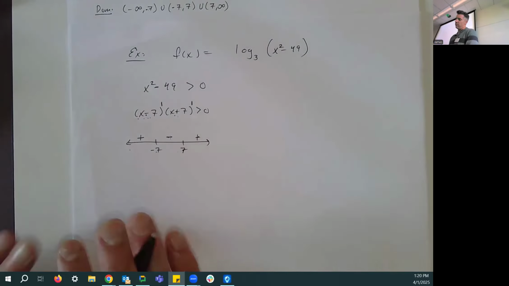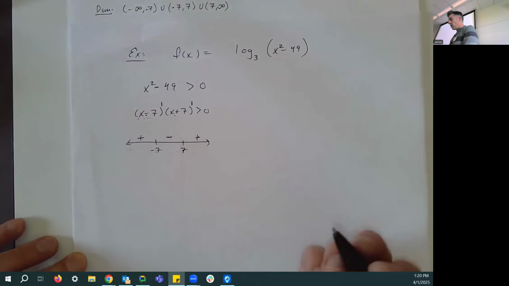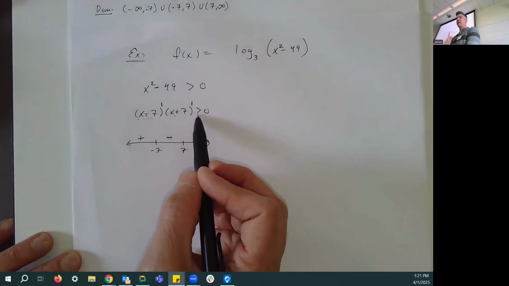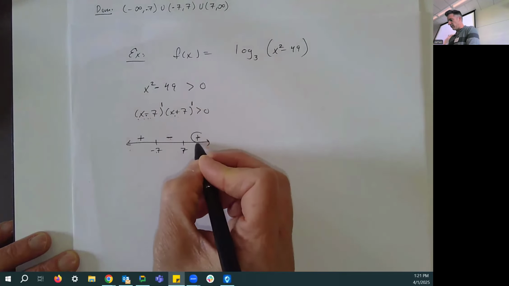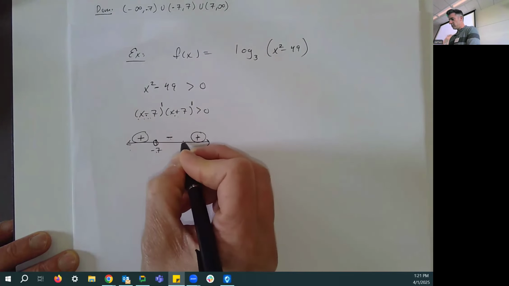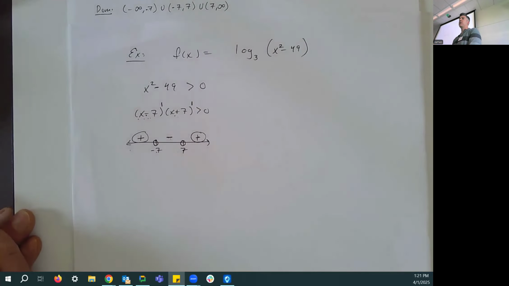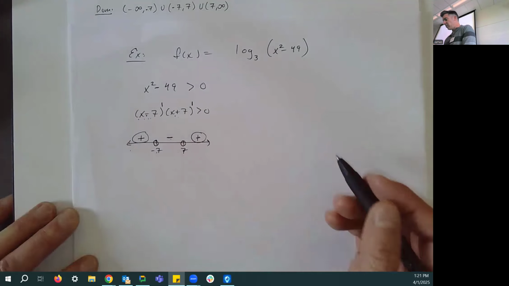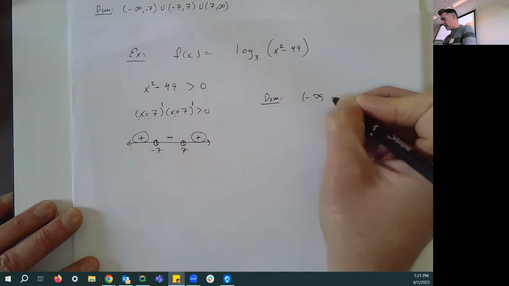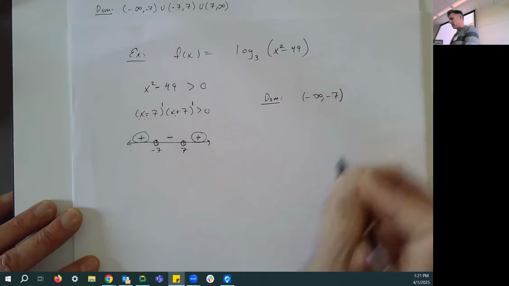With this example is maybe not the best for it. But here, we then have to remind ourselves, what are we asking for? We want this whole expression to be greater than 0, meaning we want the positive parts. We don't want the 7 or the -7, right? Because if I picked 7, that would make the whole thing equal to 0, and I want it to be bigger than 0. So our domain here is everything from -infinity to -7, excluding -7.